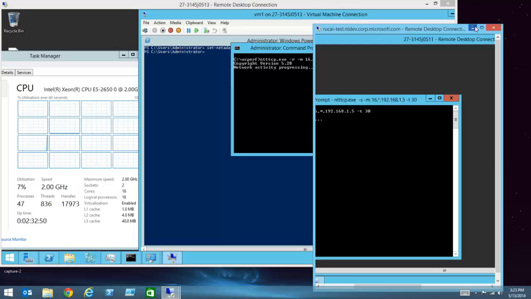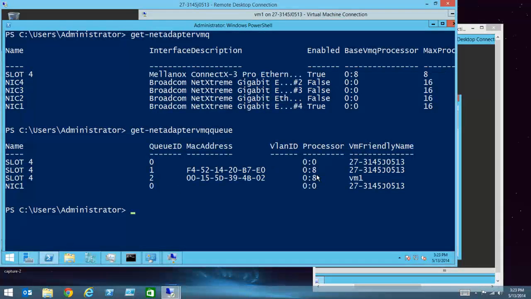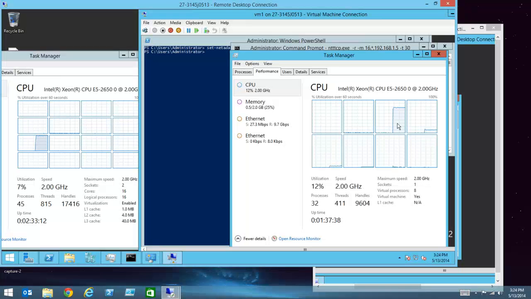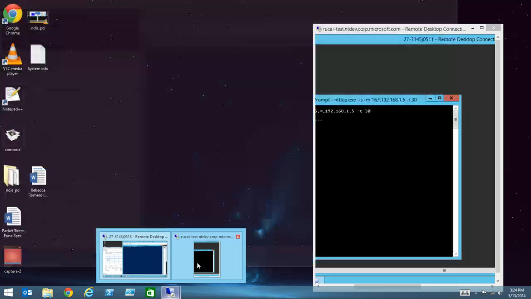And as the traffic starts flowing, you'll see in our host what's expected. You have your VMQ being processed on processor 8, because here we have processor group 0, processor 8. And inside the VM, you see similar. You see one processor. Okay? So that's what you're going to see with VMQ. Now, with VRSS,